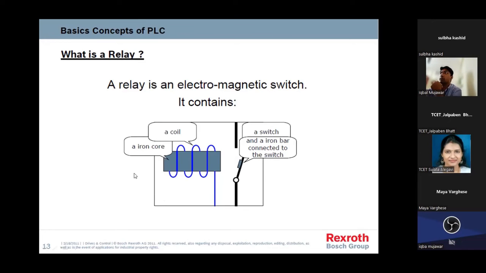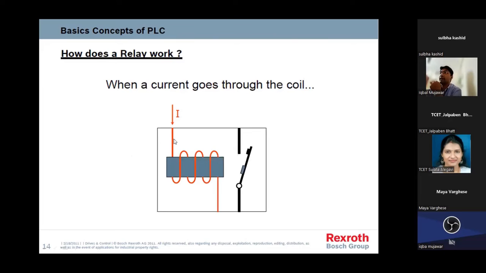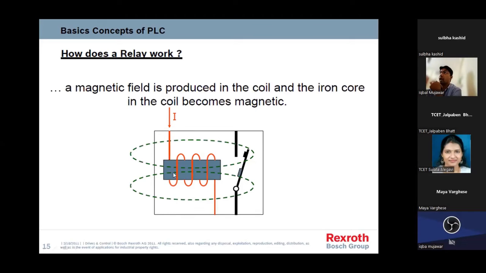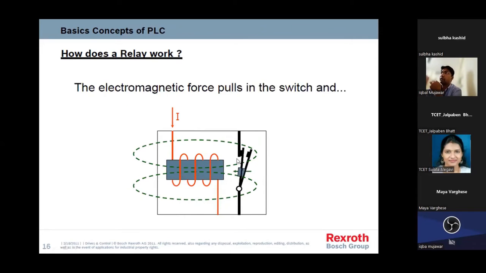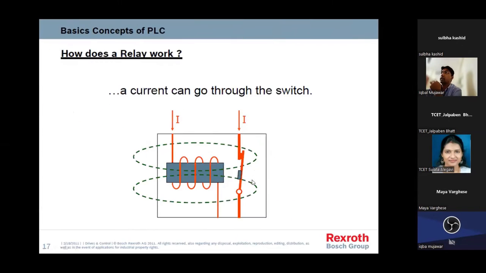Then how does a relay switch work? Here one iron core is there, which is wound by a coil, and here we have an iron piece connected to the switch. This is the main supply that I want to control with this secondary signal, the signal received by the controller. Let's say I supply a small current across this iron core through this coil. Then magnetic flux will be generated, and because of this magnetic flux, the iron piece will be attracted over here and it will be connected. Because of this connection, the required current will start flowing.